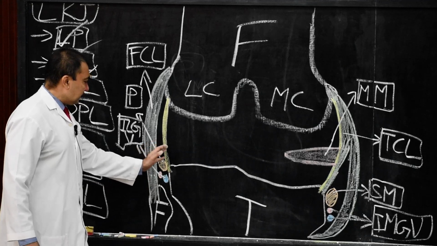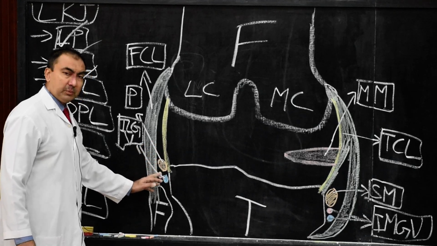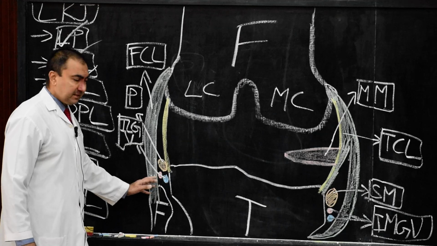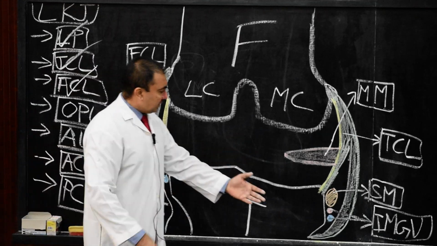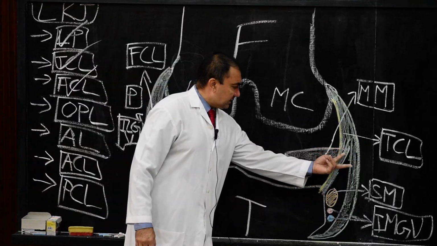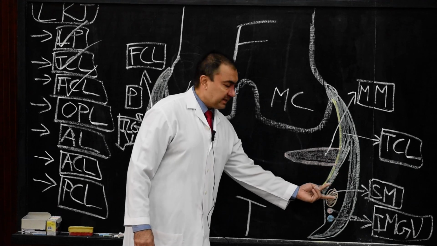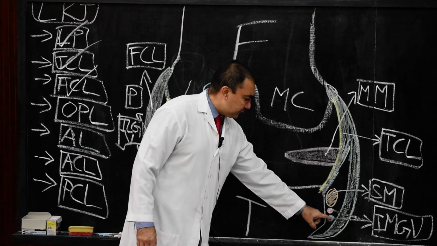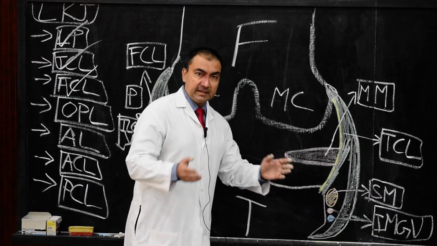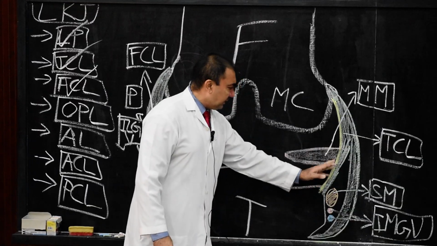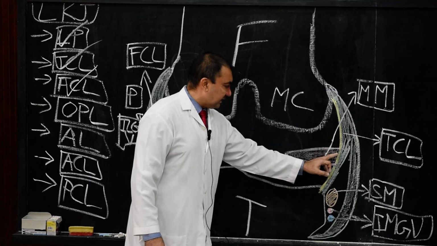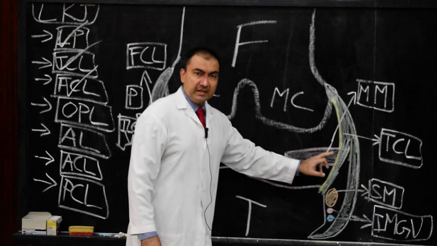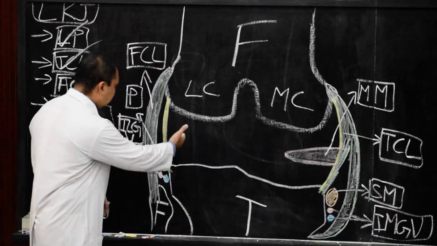Between the fibular collateral ligament and the capsule, there will be the presence of the tendon of popliteus and the inferior lateral genicular nerves and vessels. Similarly, on the tibial collateral ligament side, in between the superficial and deep part of the tibial collateral ligament, there will be the presence of semimembranosus muscle as well as inferior medial genicular nerves and vessels. And the deeper portion of the tibial collateral ligament is adherent to the capsule as well as the peripheral margin of the medial meniscus. What about lateral meniscus here?